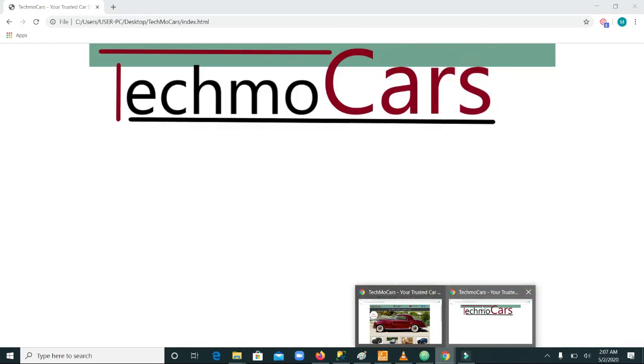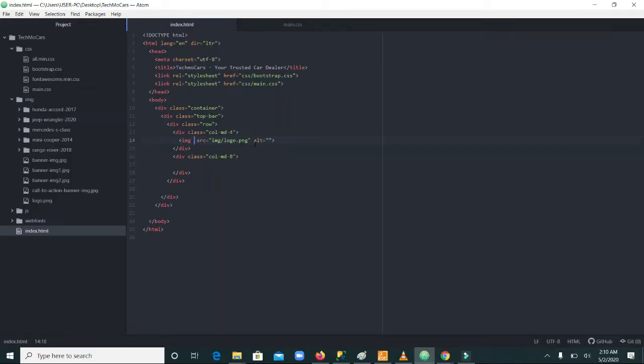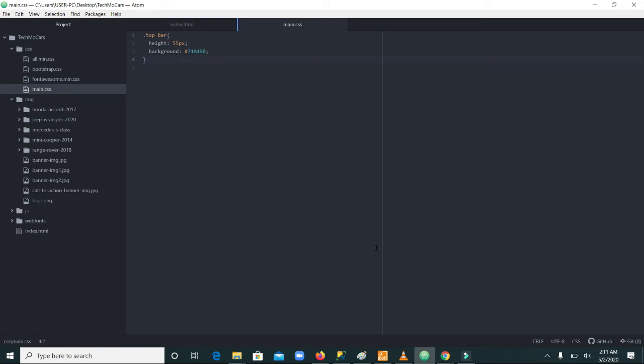Now the next thing we are going to do is we need to work on our logo. You can see it is big, but we want to resize it so that it fits in our top bar. So let's give our image a class of logo image, and then we will use that to format it. So we go to our CSS and add a class of logo image,